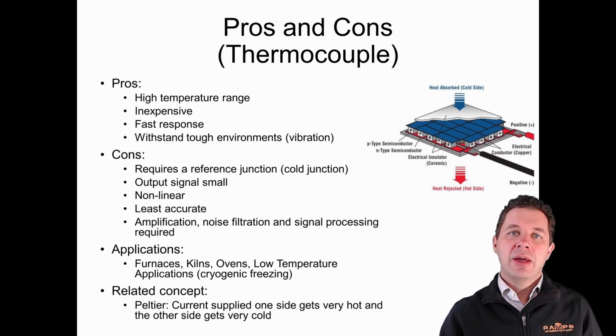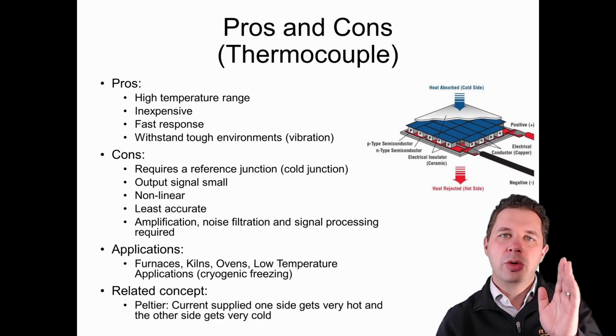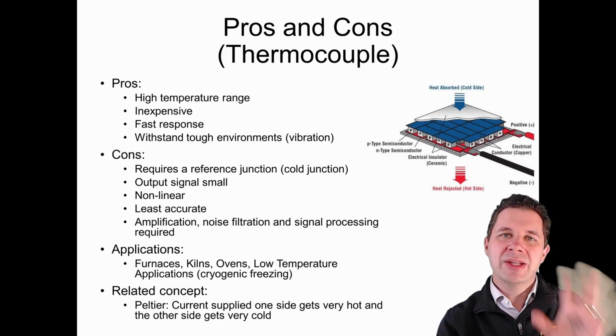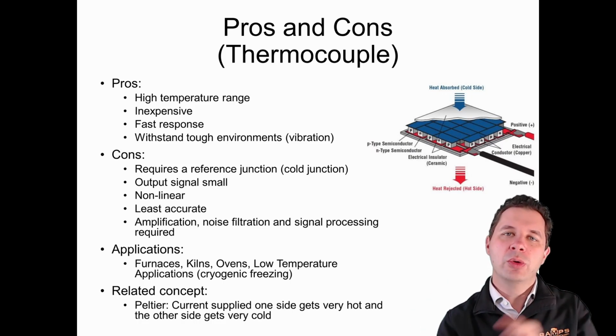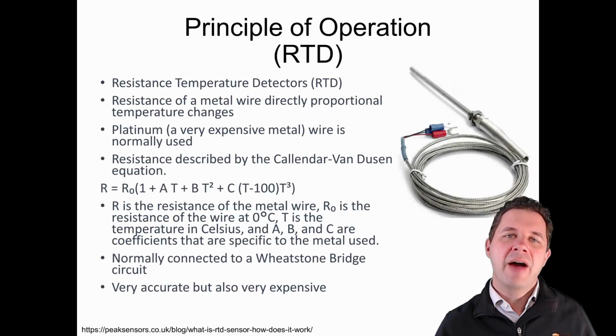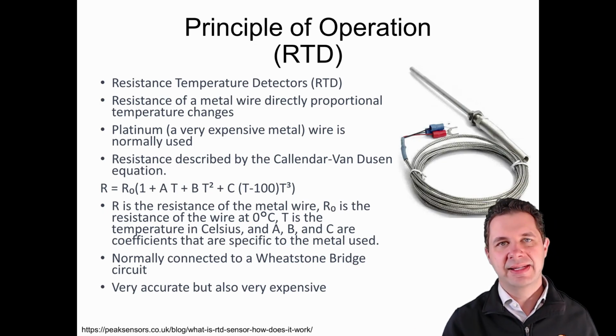And sometimes you might have a furnace or something like that, or something quite hot, that you line the side of the chimney with Peltiers. And so one side gets quite hot, the other side gets quite cold or stays cooler, and we generate power that way. Our final method for measuring temperature that we'll look at, which is a contact method, is our RTD,